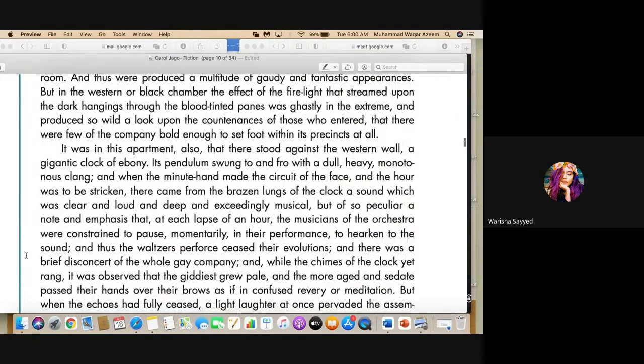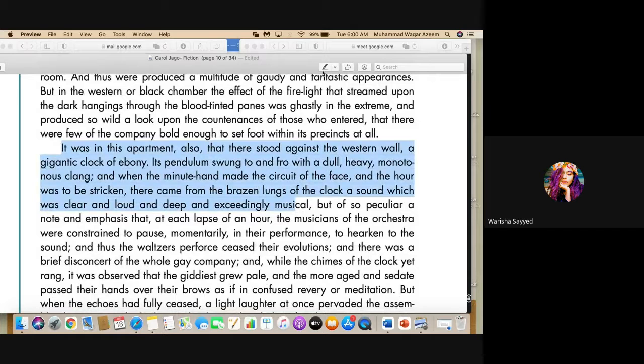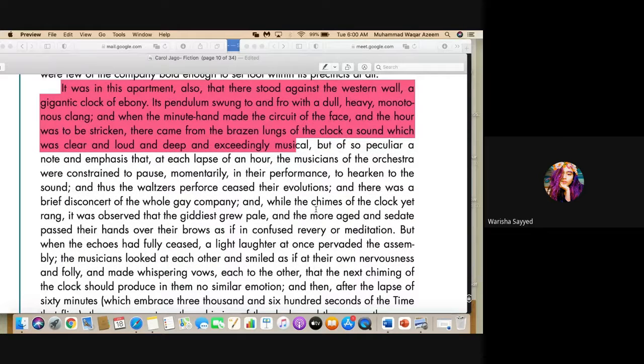Its pendulum swung to and fro with a dull, heavy, monotonous clang, and when the minute hand made the circuit of the face, and the hour was to be stricken, there came from the brazen lungs of the clock a sound which was clear and loud and deep and exceedingly musical, but of so peculiar a note and emphasis that at each lapse of an hour the musicians of the orchestra were constrained to pause momentarily in their performance to hearken to the sound, and thus the waltzers perforce ceased their evolutions, and there was a brief disconcert of the